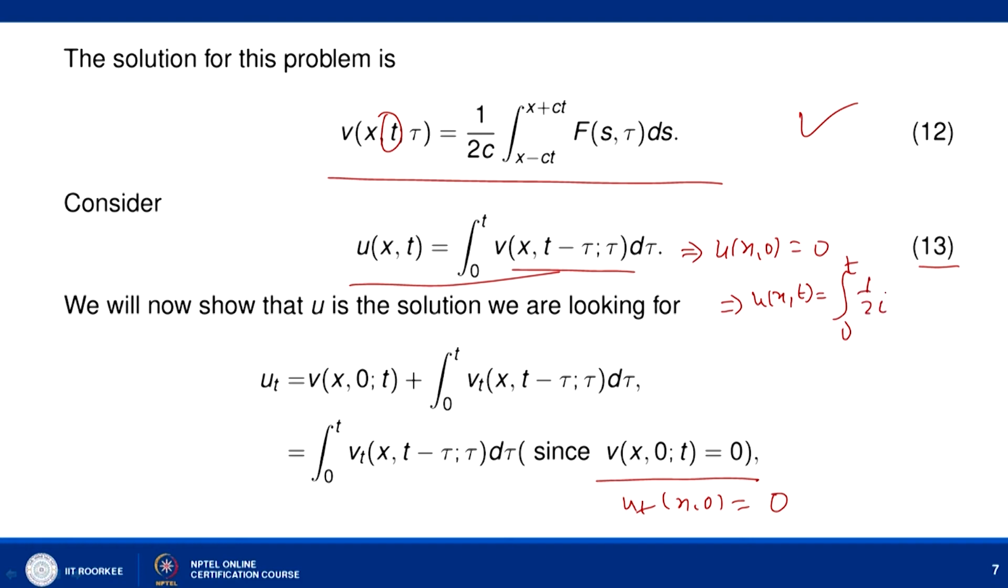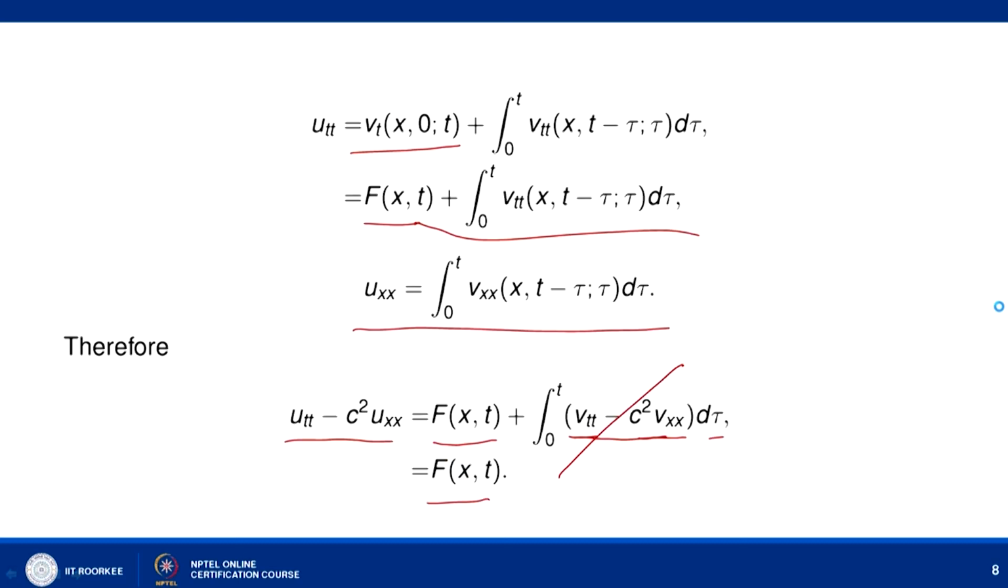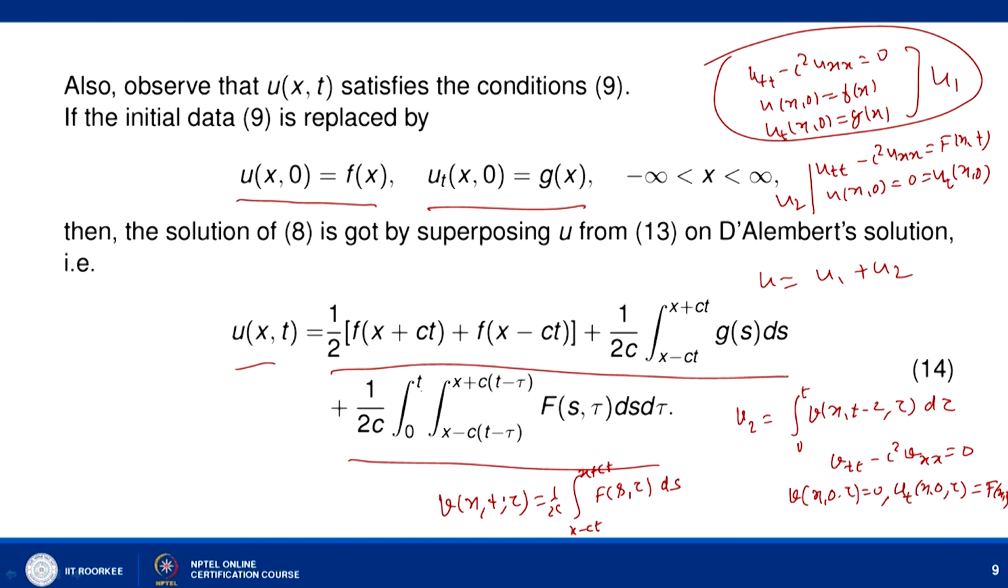So, it is 1 upon 2c integral from x minus c(t minus tau) to x plus c(t minus tau) of f(s, tau) ds, and then we have d tau. So, we can write this as 1 upon 2c integral 0 to t, integral from x minus c(t minus tau) to x plus c(t minus tau) of f(s, tau) ds and then d tau. This is the part u2 which we are looking at. So, u2 is written as this and u1 is already obtained as the D'Alembert solution of the one dimensional wave equation. That is how we find the solution u(x, t) of the problem, that we have a non-homogeneous problem